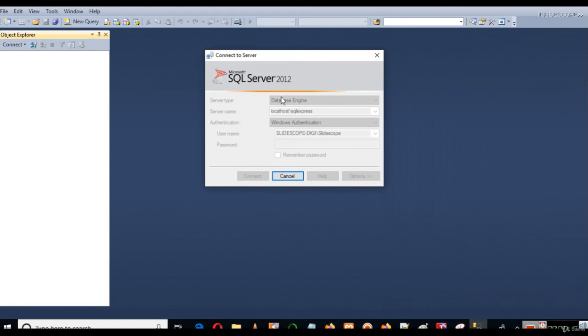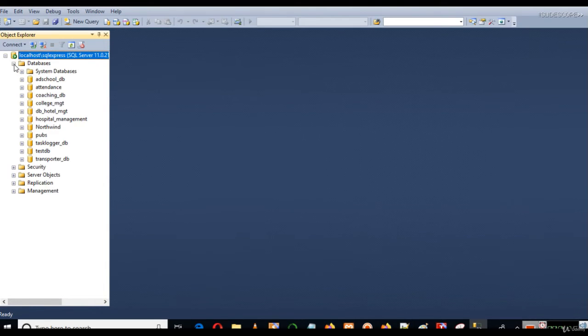If you are asked for a password here, that will be the password that you created for SA at the time of installation. Now this is your Microsoft SQL Server Management Studio. Here you will see Object Explorer, and you can click this small plus sign to expand the databases.